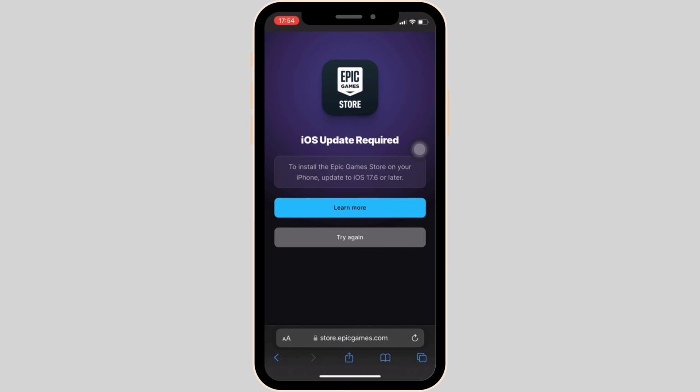Right over here it says, to install the Epic Game Store on your iPhone, you have to update to iOS 17.6 or later. Right now, I don't have the update to iOS 17.6, so I'm not able to install the Epic Game Store. But if you have the update to 17.6 or later, then what you want to do